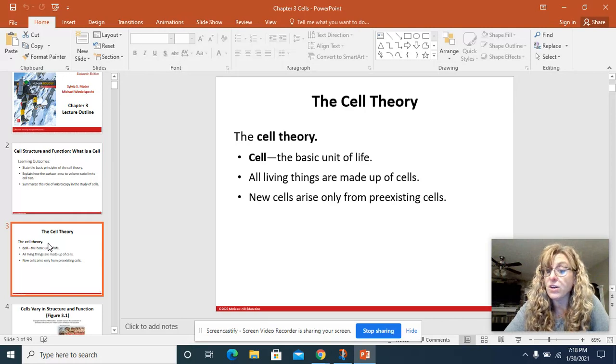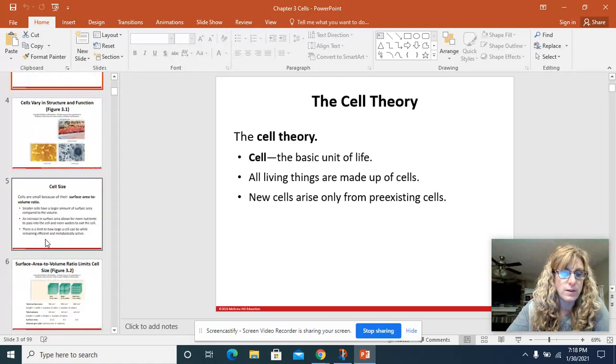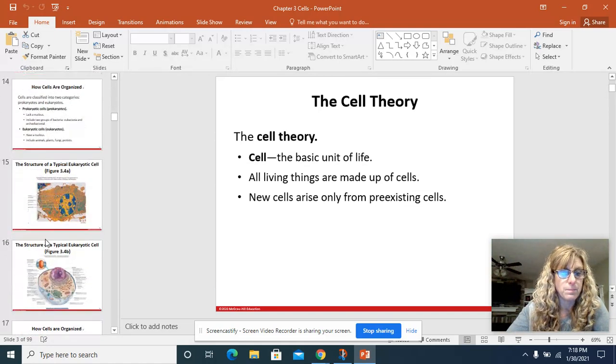And so there is a thing called the cell theory, and there are 3 parts to it. Cells are the basic unit of life. All living things are made of cells, and new cells come from pre-existing cells. So cells arise from other cells. So when we talk about how cells are organized,